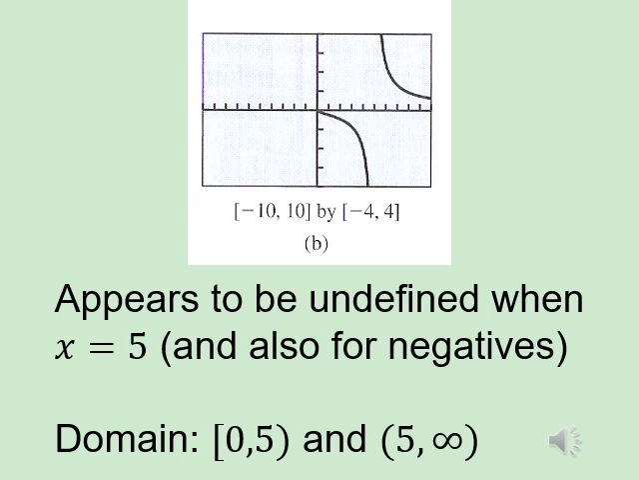So going from left to right, this graph does not appear to have any negative x values at all. It's like it starts at the origin. It starts at 0. And there's also what last year in trig class we called an asymptote, where it's totally undefined when x is 5. And that's why we would go from 0 to 5, skip over 5, and then go from 5 to infinity